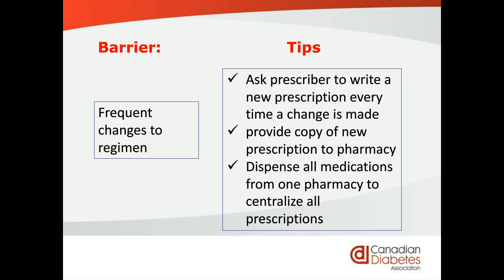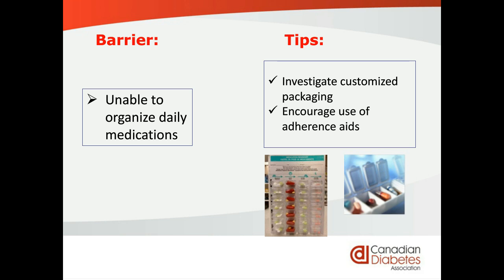Next barrier. In patients who are living alone or have some cognitive impairment, such that they're unable to organize the medication for daily taking, there are compliance packages and adherence aids that one can consider. One of them is called a blister pack, the one that's showing the red pill down the column. That can be prepared by the pharmacy once the schedule is worked out. This way, the patient just has to remember to punch out the proper bubble at the proper time instead of counting how many pills to take out from the vial.